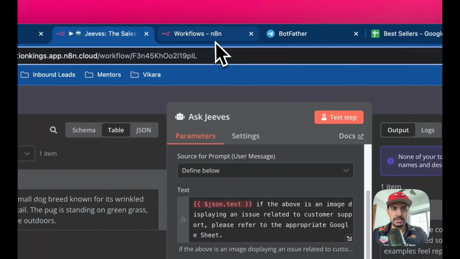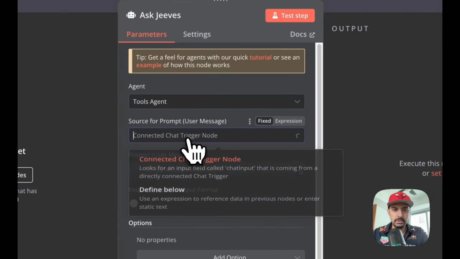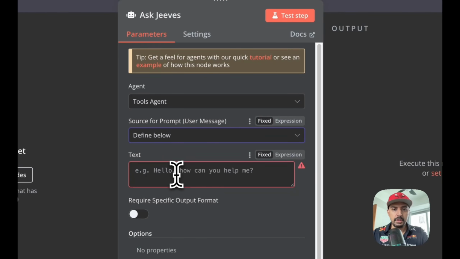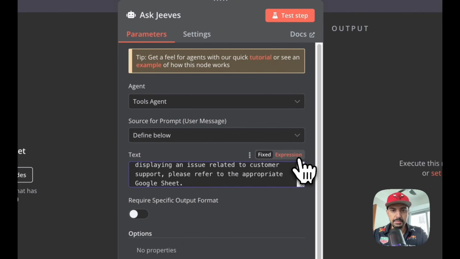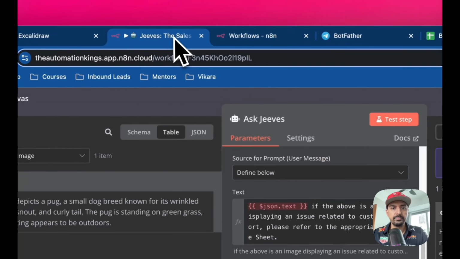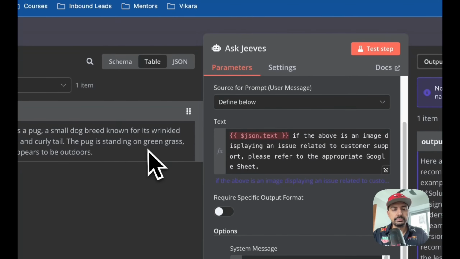Okay, and let's head over here. So we're gonna do define below. Okay, and then paste that in here and just make it an expression. Okay, so